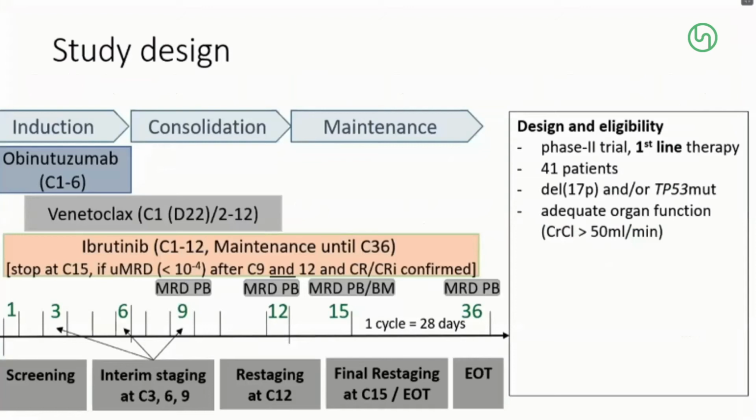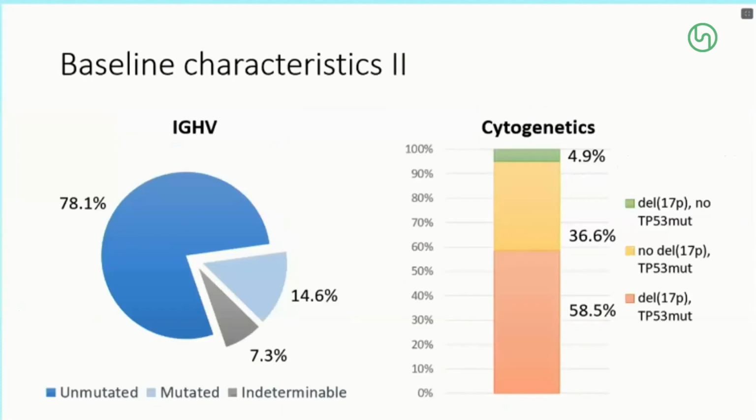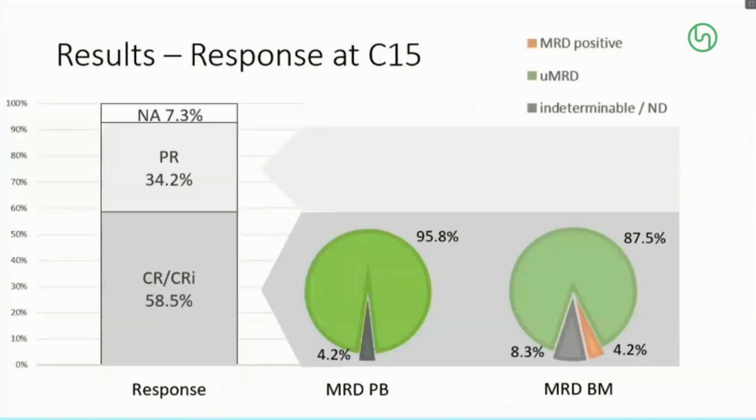So what seems to be a very active treatment for this high-risk group of patients. We see that, considering that all of them had either a TP53 mutation or 17p deletion, or both, 78% were unmutated IGHV. And with this combination, almost 60% of the patients achieved a CR, and 95% obtained undetectable MRD in peripheral blood and 87% in bone marrow. This is the response after 15 cycles. So this is also very attractive for this group of patients, where we know that